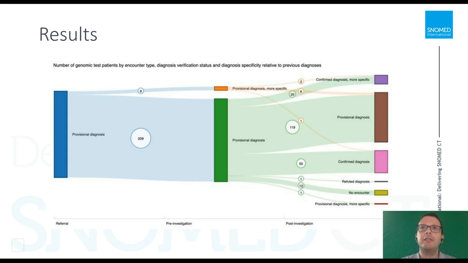So that in itself shows that the model does provide value even without genomic testing. And then when you look at the right-hand side, you'll see that once the genomic testing results are received, of course lots of things happen. Some diagnoses become more specific and get confirmed. Some others still remain provisional as expected, not because genomic testing is not 100% accurate. And then you get